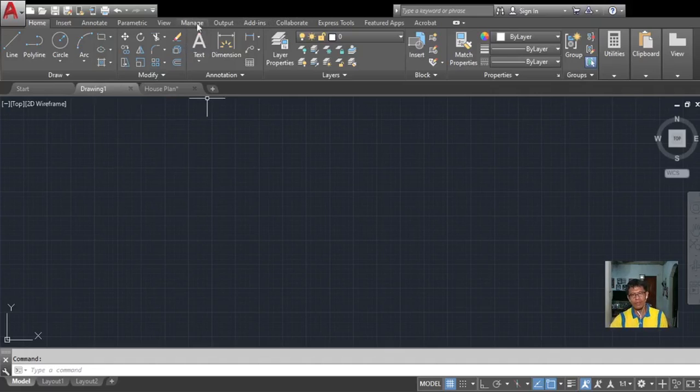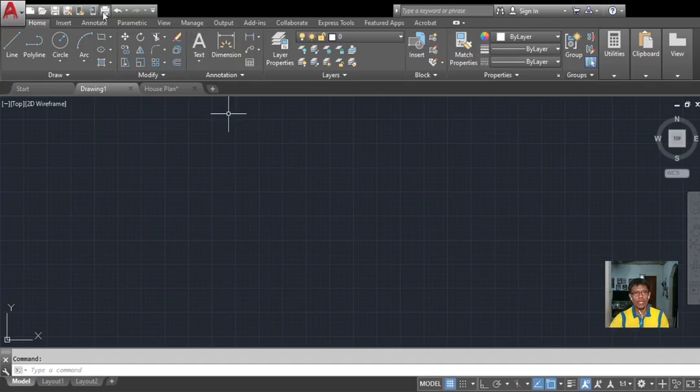But in this part here, we have the file extension DWG. That is a drawing file, and it will be opened using CAD software, basically AutoCAD.